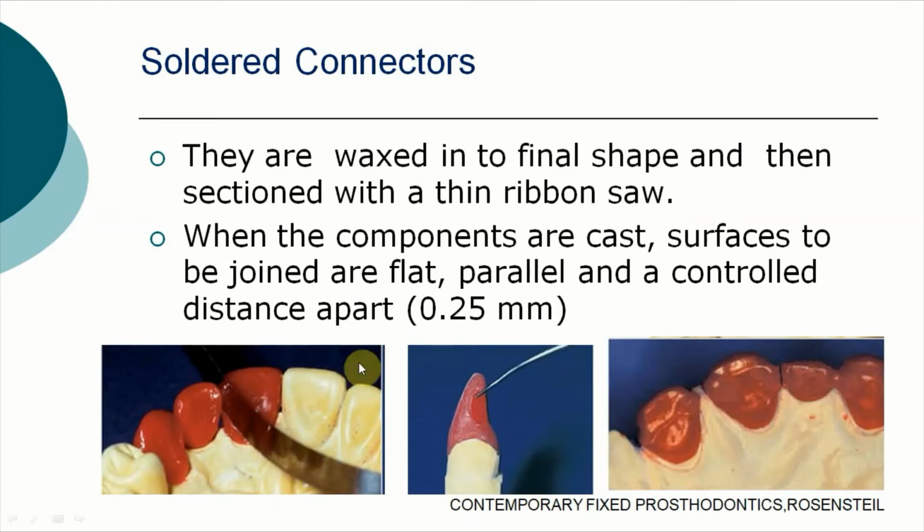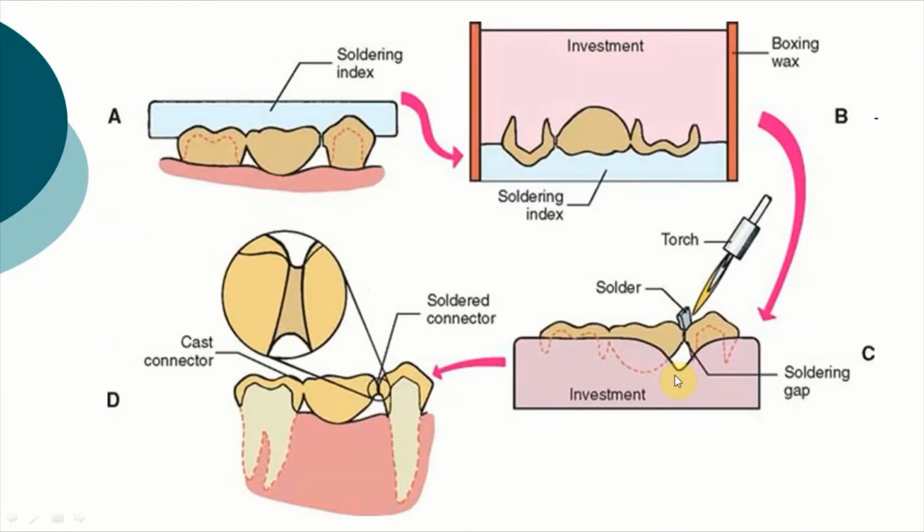In this, first of all, the wax pattern is made and sectioned with a thin ribbon saw, such that when the components are cast, the surfaces to be joined are flat and parallel and a controlled distance apart, about 0.25 mm. Then after casting the individual components,